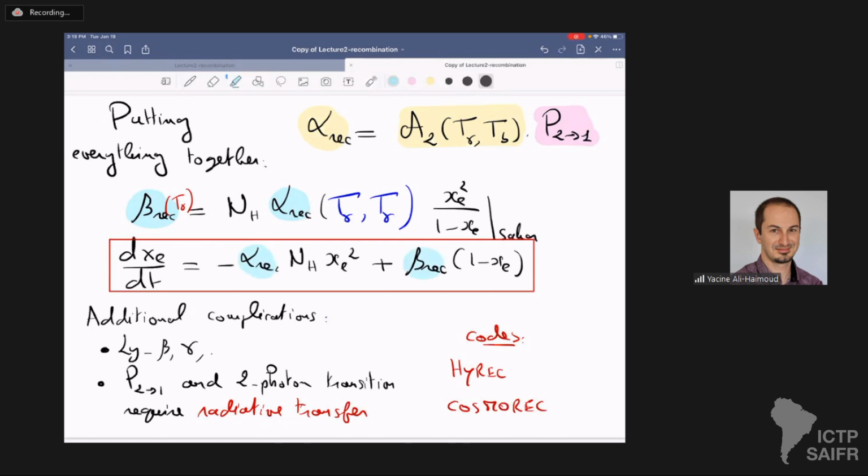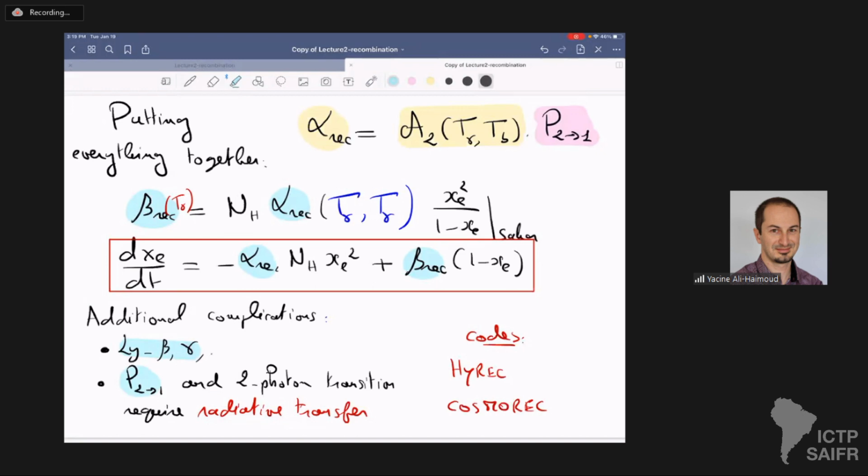There are some additional complications which I did not mention in this description. First of all, I only talked about Lyman alpha, but you also want to account for higher order transitions to the ground state. They also contribute to making ground state hydrogen. And secondly, to compute this net probability of going from n equal 2 to the ground state,